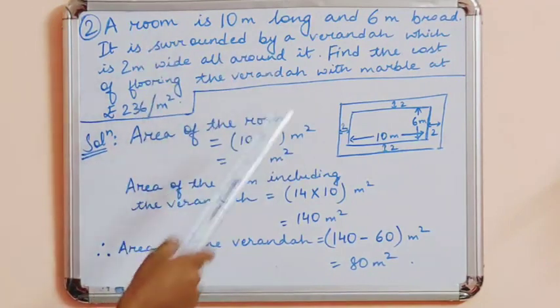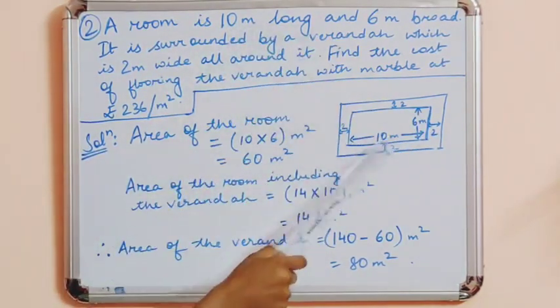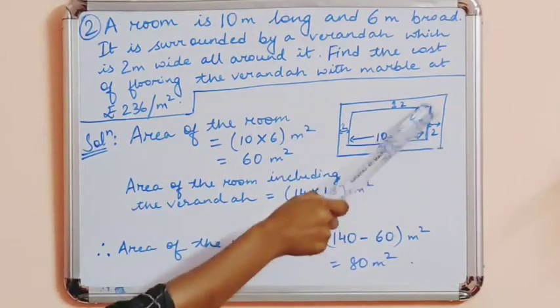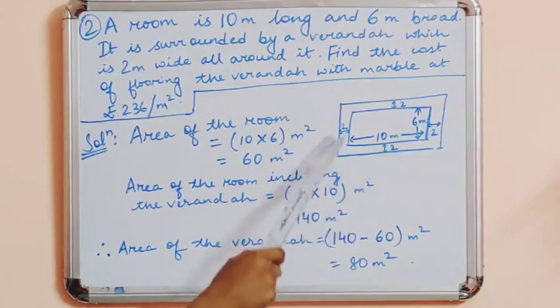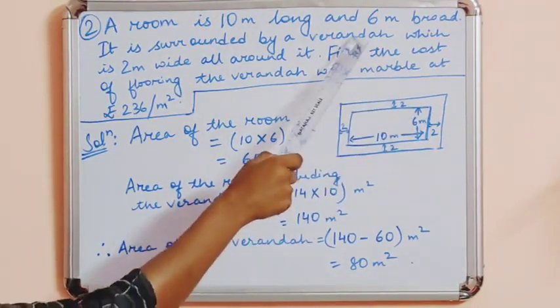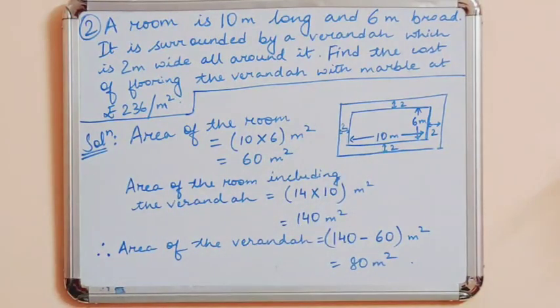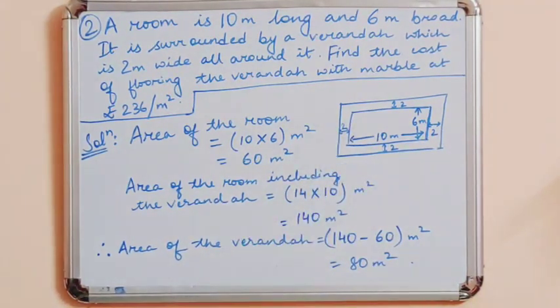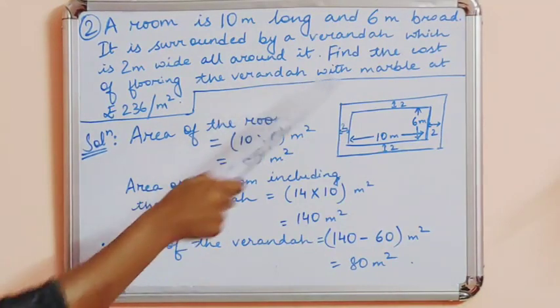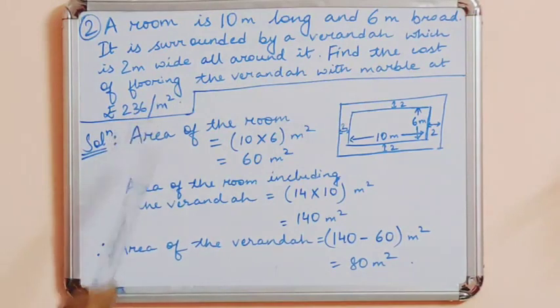So here let us first draw the diagram. We will draw a rectangle whose length is 10 meter and breadth is 6 meter. And now we have to surround this rectangle with another rectangle for this veranda. And we will be surrounding this with another rectangle and the width of that rectangle will be 2 meter. Okay. So now, in this one we have to find the cost of flooring with marble at rupees 236 per